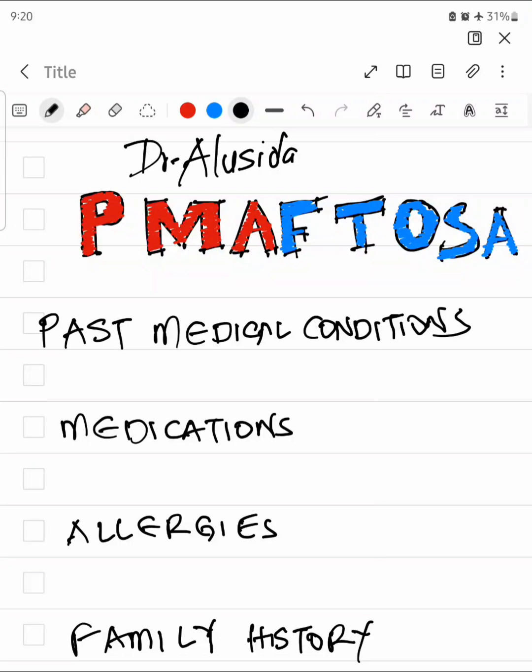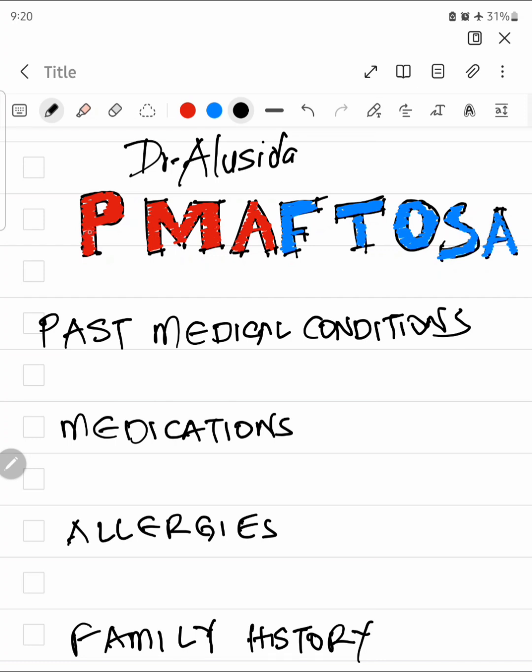Remember, we use mnemonics because we are actively taking the history as the examiner is listening, so you need to have a structure in your head which you'll be following so that you do not forget everything, and also so that you do not ask any unnecessary questions. So today we are talking about PMAFTOSA. PMAFTOSA basically stands for past medical history,